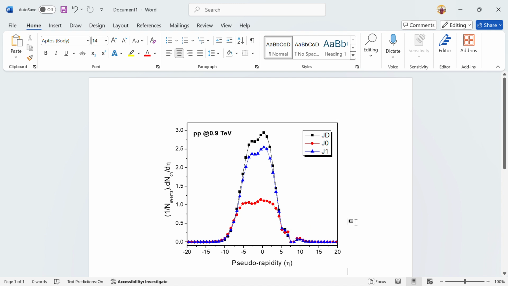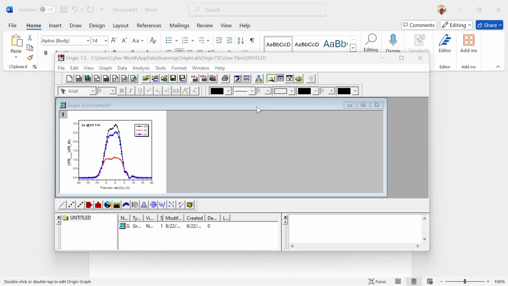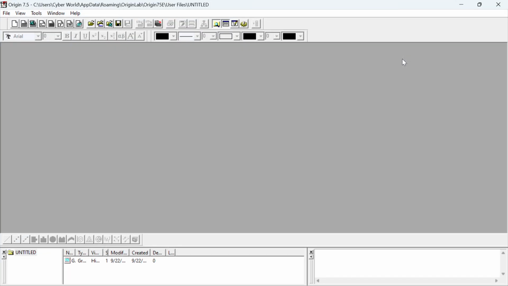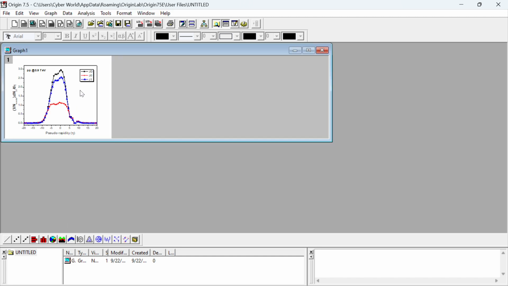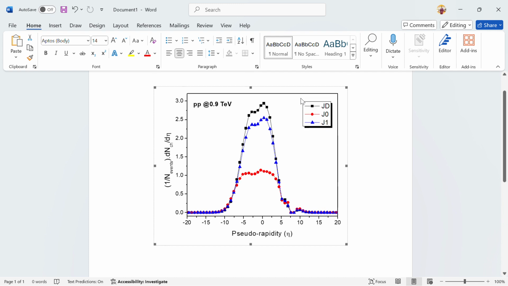So the bonus part of this adding is once you double tap on this graph, it auto moves you towards the main Origin file where you can update it. You can update each and everything from this graph by editing in this. You can see it will auto edit in your Word file. So this is a very good opportunity for you to add graphs from Origin to Word